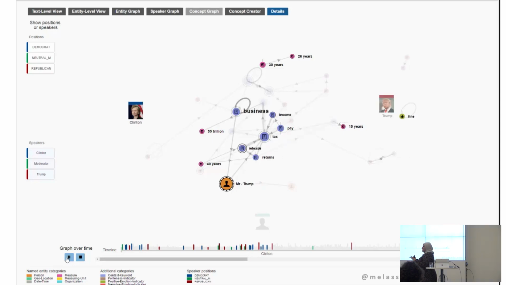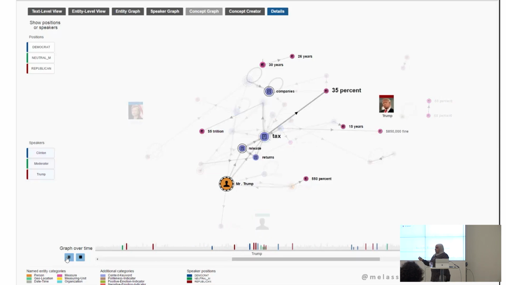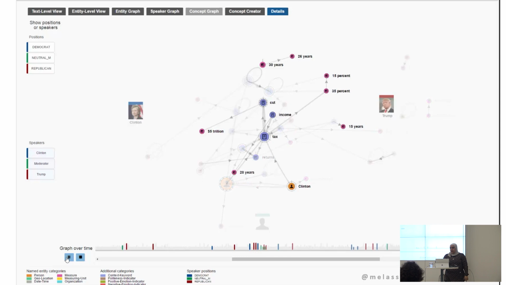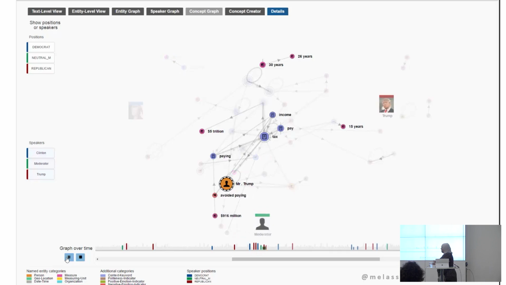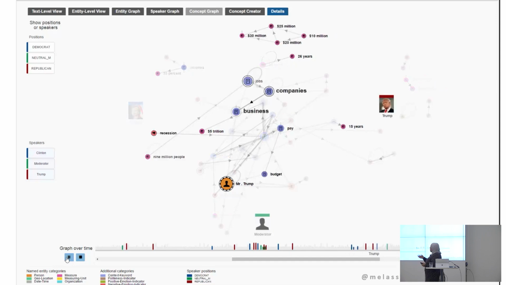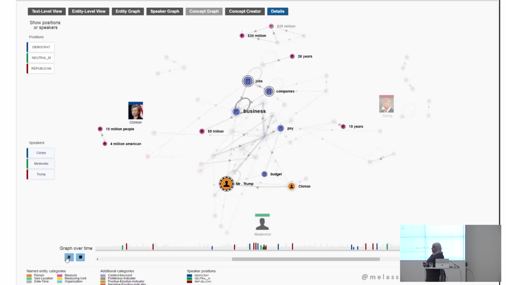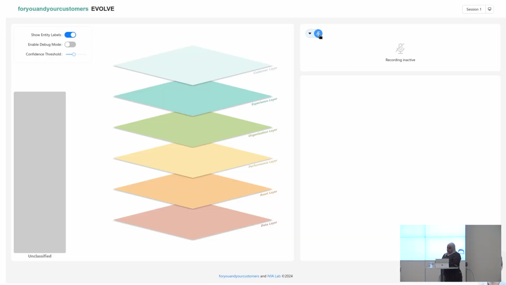So we take these models, personalize them, and adapt them to a particular context, and then we can use them down the line in a very adapted manner. Now, this work, or at least this one with Trump and Clinton, is a few years old. We are now using the capability and the scalability of large language models to do a lot more with that. So I'll show you a collaboration that we did with a company. The demo is just a few days old, where we use the same type of modeling.